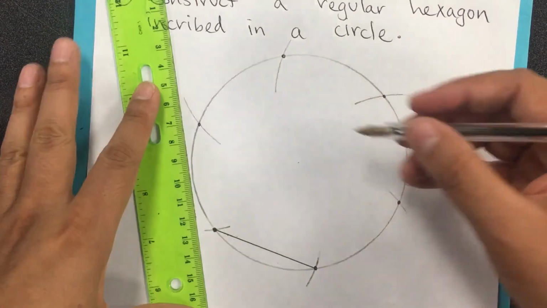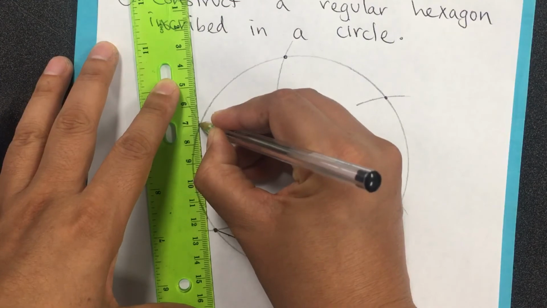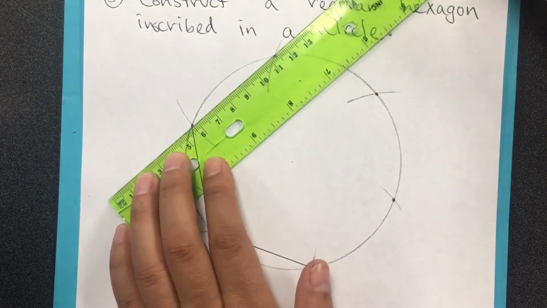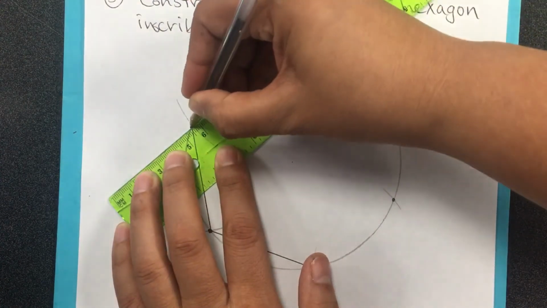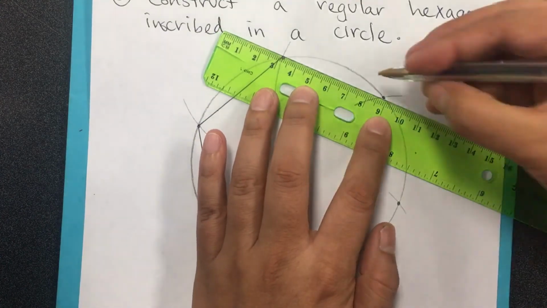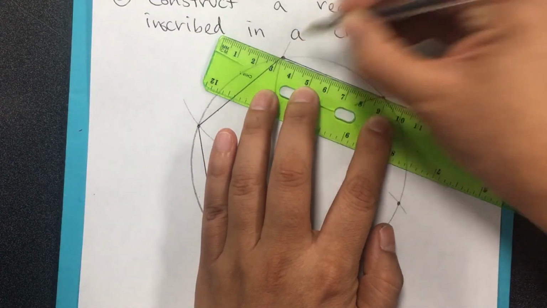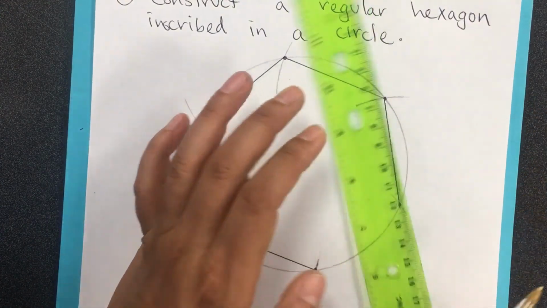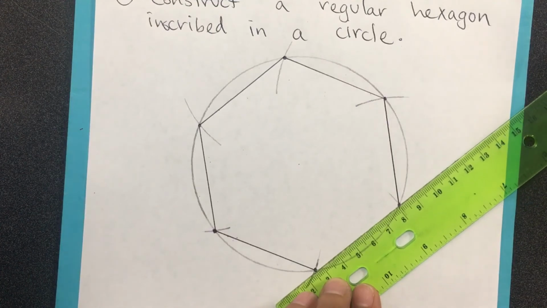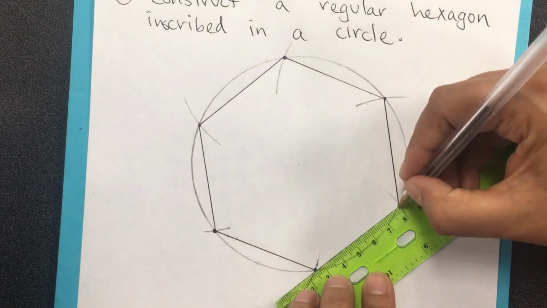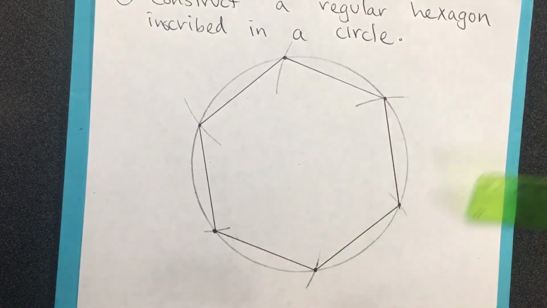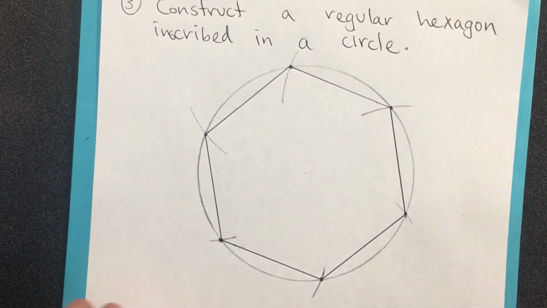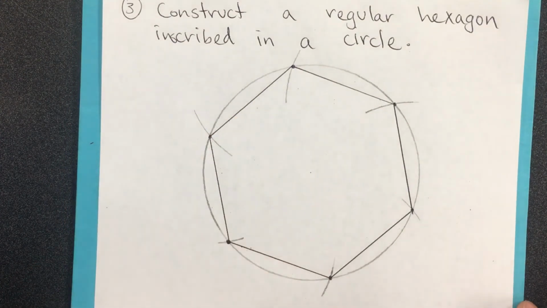And you can name them also A, B, C, D, E, F, I believe. Okay, just connect each one, and look how beautiful your inscribed hexagon starts forming. Again, these are just the measurement of the radius. You draw the first point, and it can be anywhere, and from there you just start marking from the previous arc. Okay, so that's your regular hexagon,